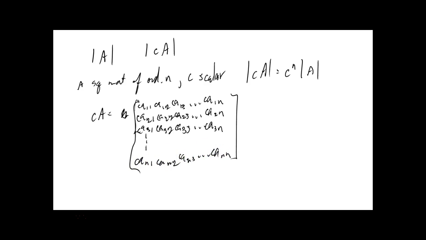Now, if you do the determinant, that would be c times the determinant of this. If you do the c a11 times the determinant of the inner one, okay? Well, what's the determinant of the inner one? That's c a22 times, I'm going to take the simplest way of doing it, times this. So it would be c a11 times